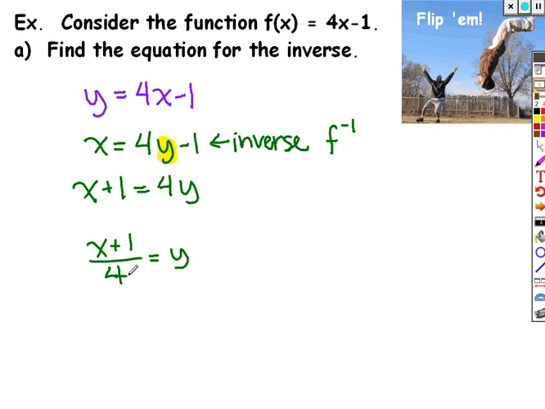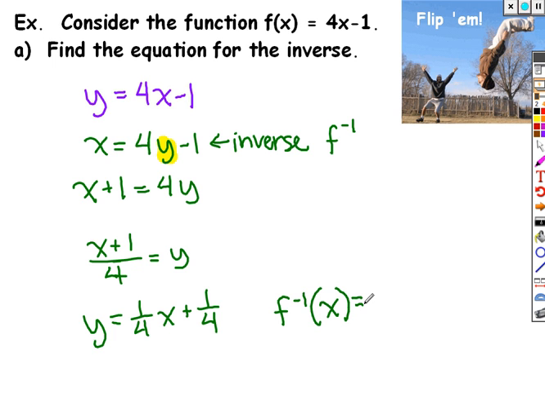Or if you wanted to, you could actually split up this fraction. So if I wanted to write it as 1/4 x plus 1/4, that would be perfectly legal. Remember, the 4 is attached to the x and the 1 since you're adding in the numerator. So if I split up the fraction, it would look something like this. And if I wanted to rewrite that using function notation, I could say the inverse of function f is actually 1/4 x, or x over 4, same thing, plus